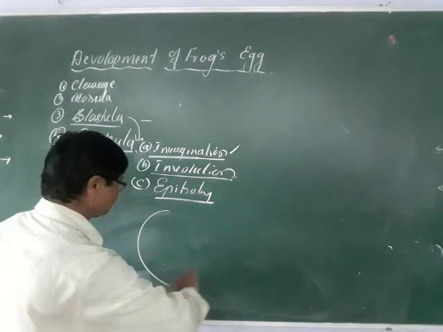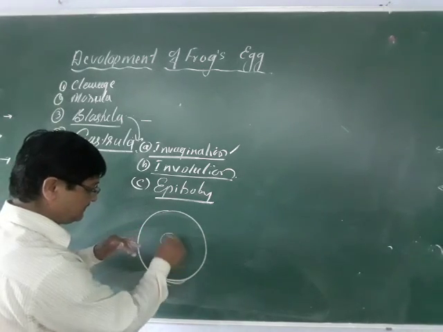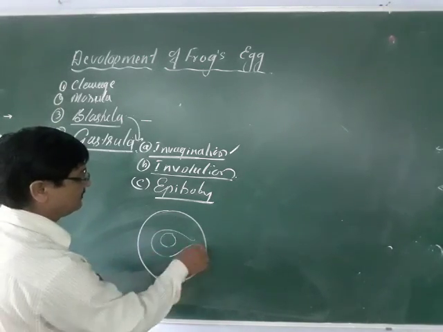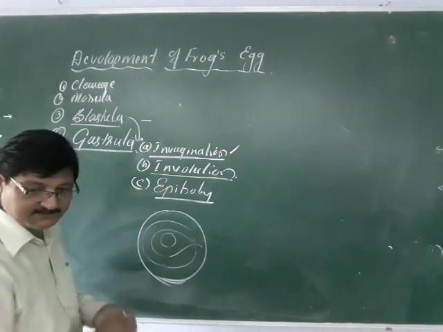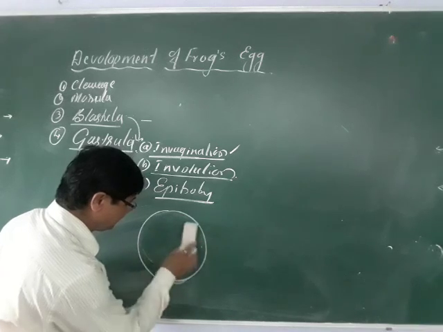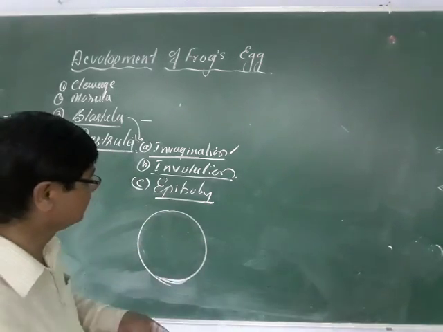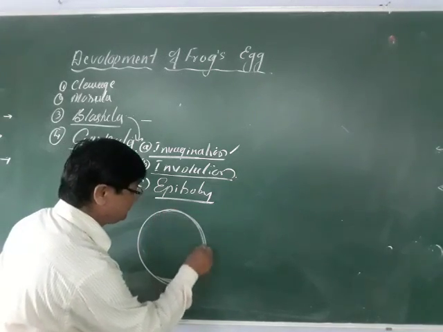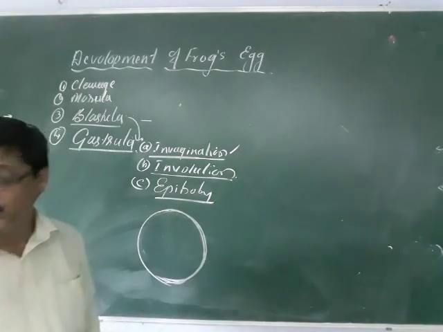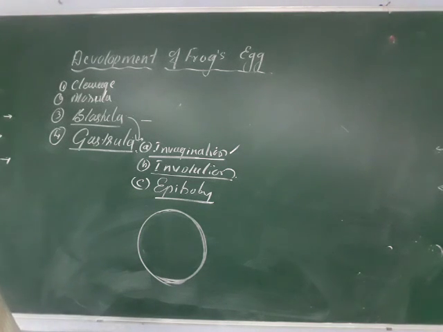Just imagine inside there is the archenteron, the internal, and all this will be developed. So it is the multiplication as well as the rearrangement and the movement of blastomeres. It results in three layers. This is called the ingrowth of one layer of cells over the other, and results